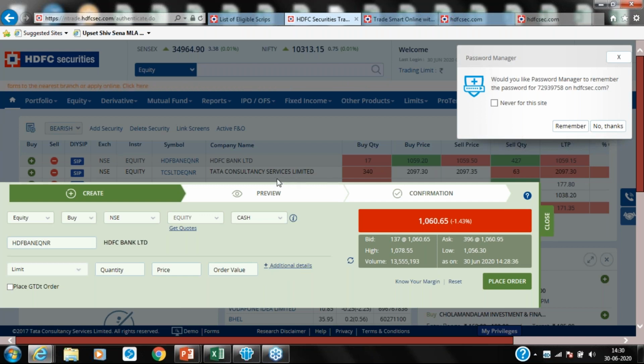Vivek has a question. Can you explain the difference between e-margin and cover order? One of the viewers has also asked, can I carry forward the position? In a cover order, you can't carry forward the leverage that you have got. The leverage is only for intraday, whether it is 7 times, 5 times, 8 times, or whatever the leverage you have got. But if you want to buy a stock today with leverage and take it on a positional basis, you can do that, but not with a cover order, with the e-margin product. So that is a different product.